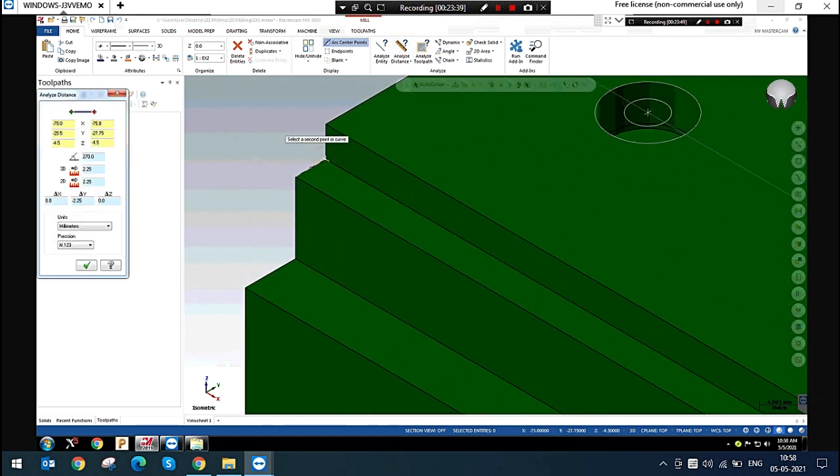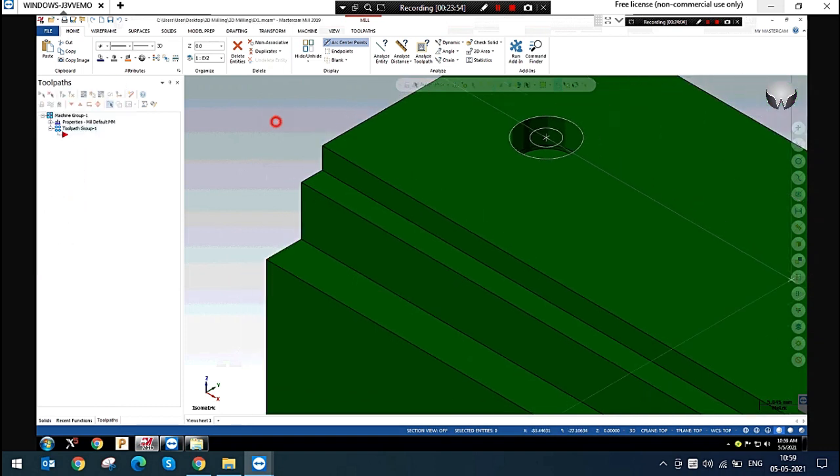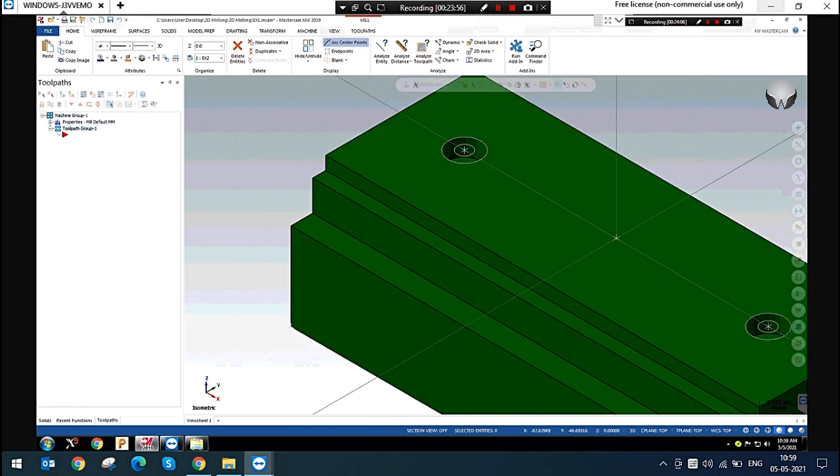What is the distance of the step? It is also 4.5 mm, right? And this is 7.5 mm. Totally 11 mm width. Okay. So at least I need to give a 12 mm tool.